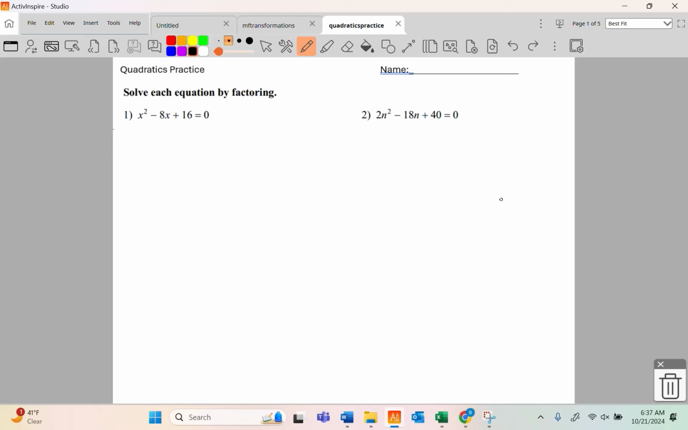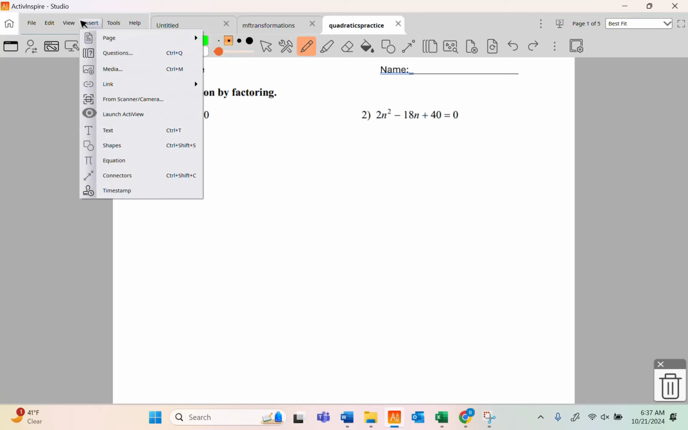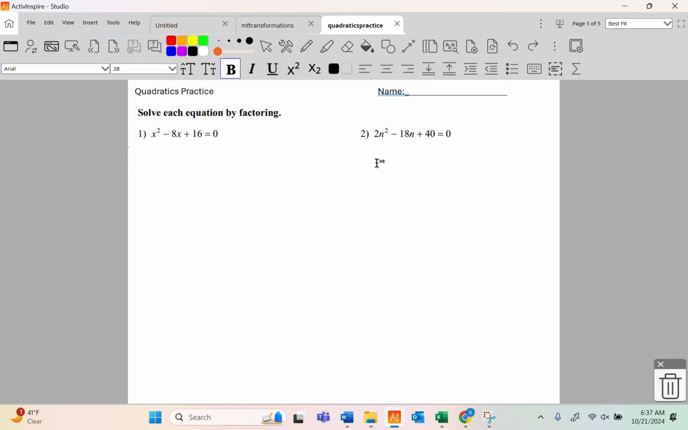So you guys could do some quadratics practice, and I'll do a handful of these. I don't know how many, but a handful. I don't have a lot of time this morning. I'm going to start with number 2, and what I notice is all terms are even, which means divisible